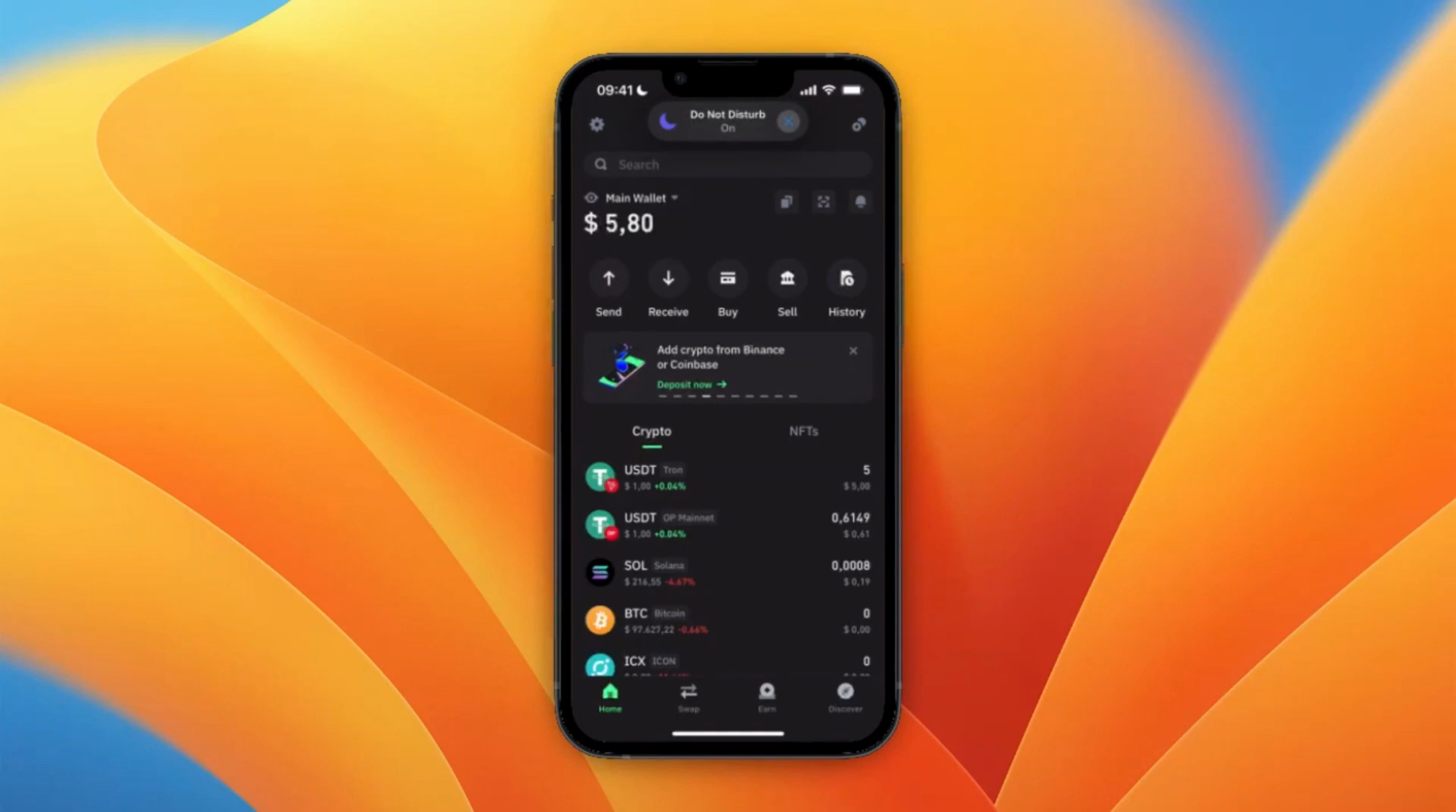In this video, I will show you how to buy Solana meme coins on Trust Wallet. To do this, just go and open up Trust Wallet, and first you will need to go and deposit some money into your Trust Wallet. Now what you can also do is click buy and then just buy Solana with your bank or debit card